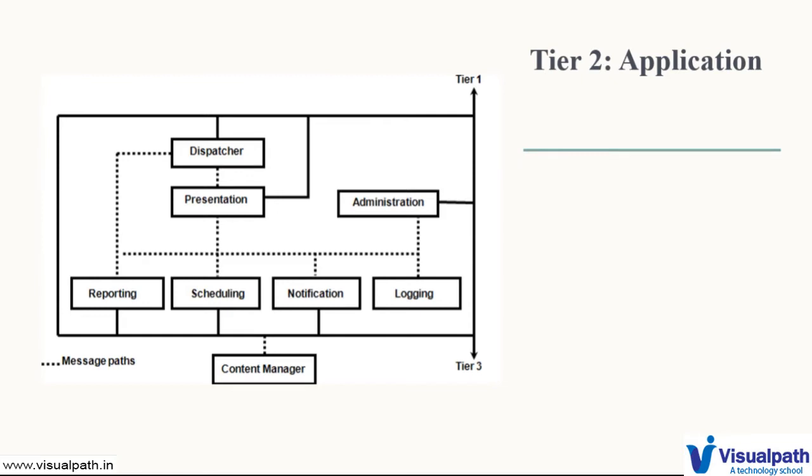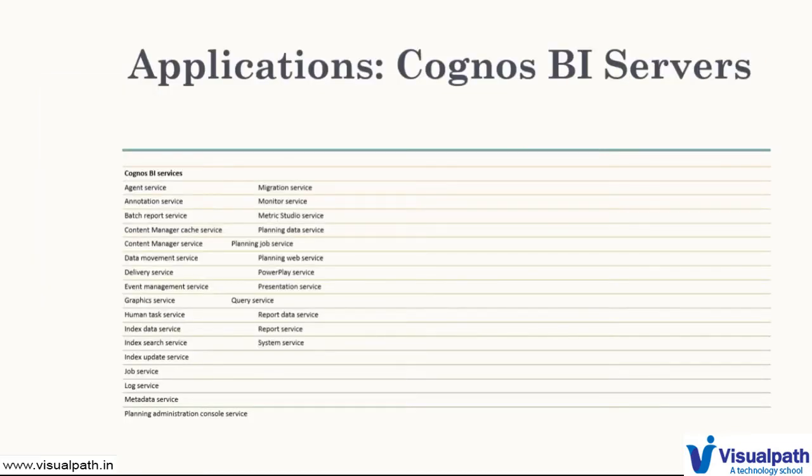When a dispatcher starts, it registers itself with the content manager, and as a result, each dispatcher is aware of other dispatchers. If a dispatcher fails or is unavailable, requests for that dispatcher are routed to the next available dispatcher until the failed dispatcher re-registers itself. So we have various types of dispatchers, and the dispatcher basically manages the various types of services. These are the various services that a Cognos dispatcher manages.